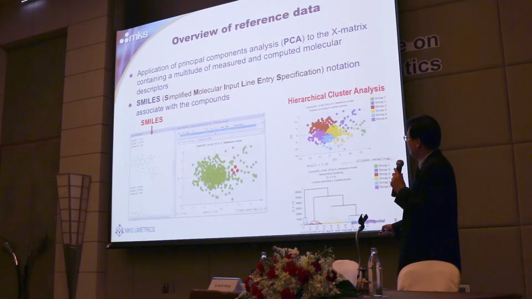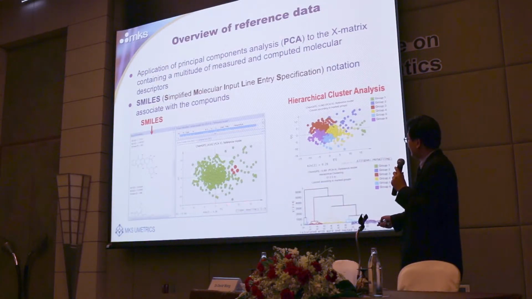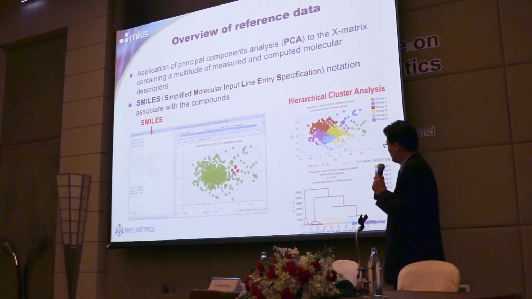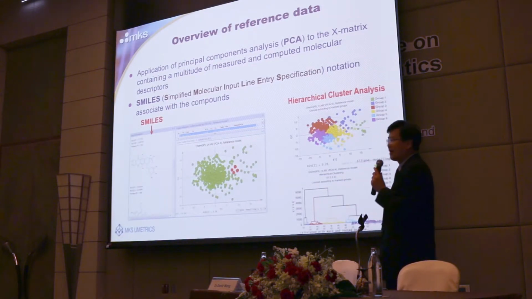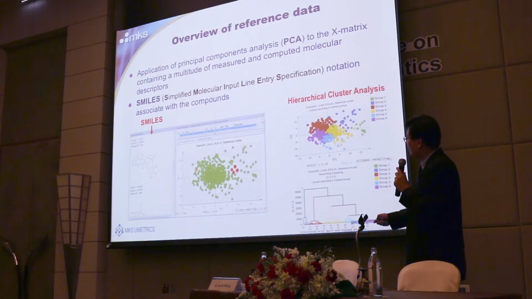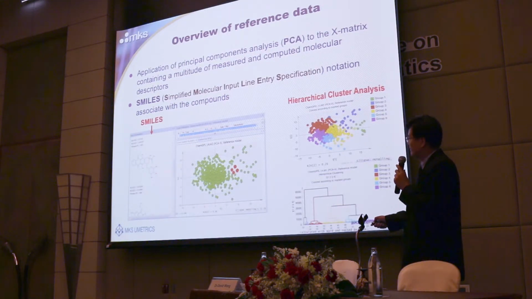We call the first component the x-axis, the horizontal axis, and the second component the vertical axis. Each dot represents a molecule, and if we select any one, we can see its SMILES